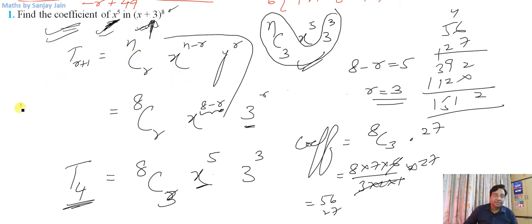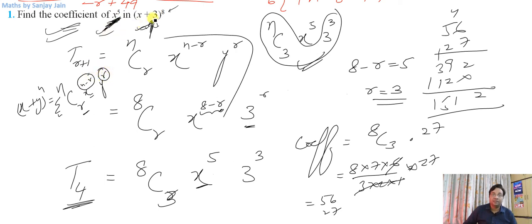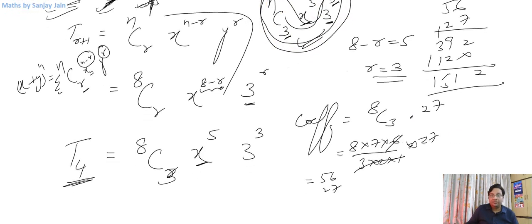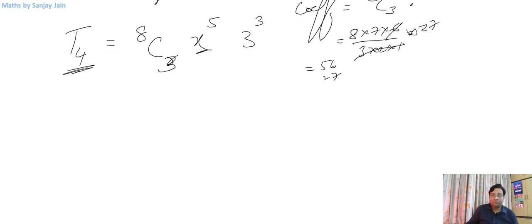Whenever we expanded (x + y) raised to power n, I also always said, when we write nCr, I raise y with r, then x with n minus r. So when x is raised to 5th power, then y will surely be raised to 3rd power. So 3 raised to power 3 will be here, x raised to power 5 will be here. When 3 is raised to 3rd power, then r will be 3. So the coefficient will be nC3, 3 raised to power 3. You could have done it directly or the way that I have shown you. Okay.